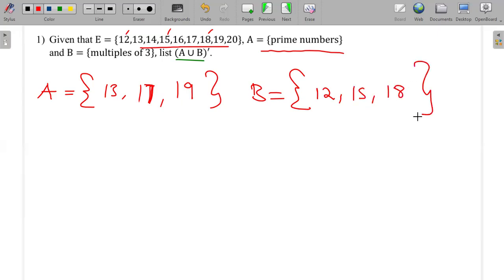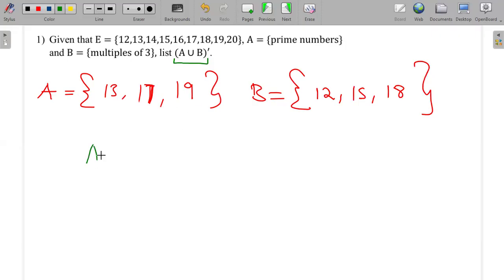18. So these are the multiples of 3 there. Okay, so they're the ones that we are going to put there. All right, and then now we can list whatever they're asking us to do here. So they said we list A union B and then complement. So first of all, we're going to list the set A union B, okay? And then the complement simply means we list all those elements that are not going to be in A union